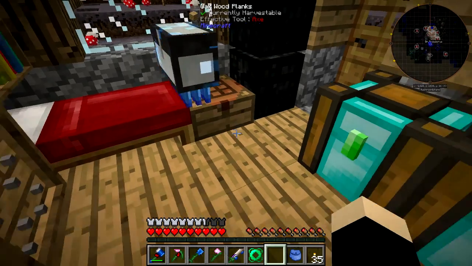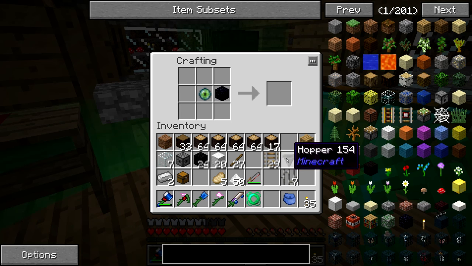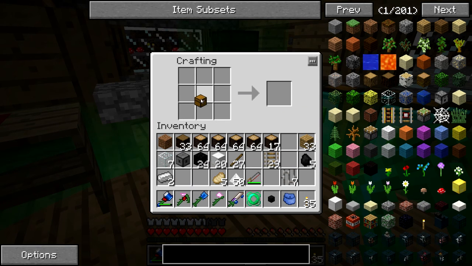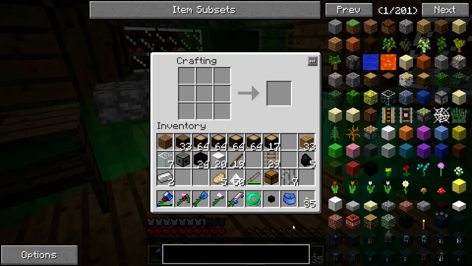Let's see. Oh yeah. I was also going to make this little guy right here again. As well as something else. I don't know how well this is going to work. I hope it works. If it doesn't, we'll find a different use for it. This is a slightly larger chest, which was made with a chest and then sticks around it. And I'm going to use this one and this one